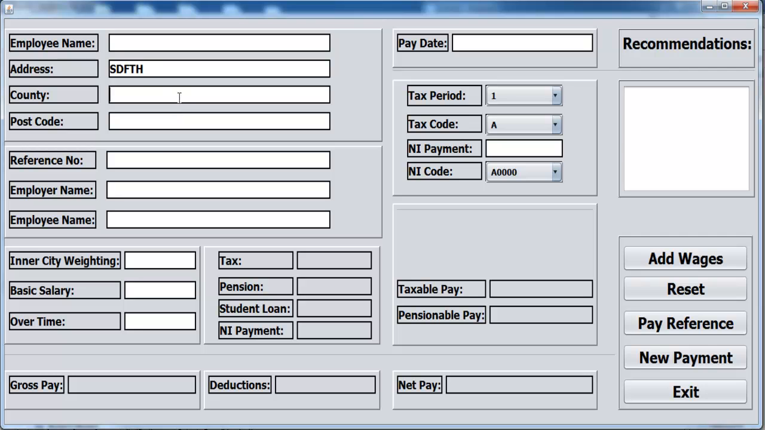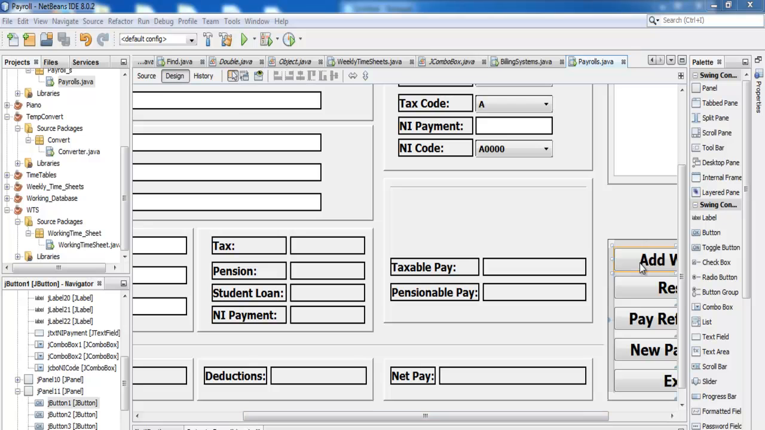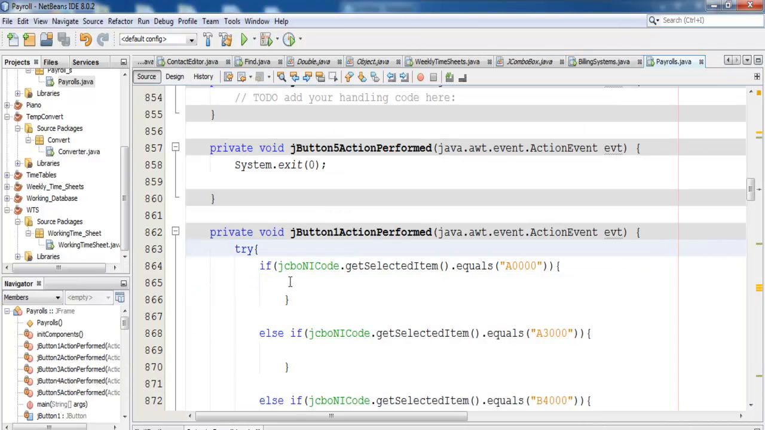Whatever I enter in here, I can new payment, that's fine. But if I select anything here, nothing will happen yet, because I have not actually finished up with the coding. Okay, let's exit. Since I've more or less completed the framework of the calculations, what I would do next